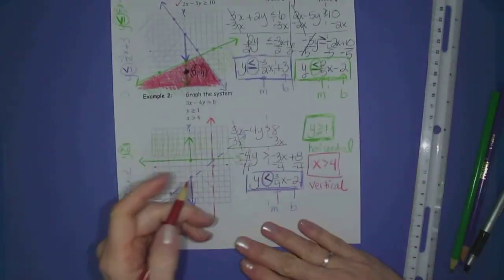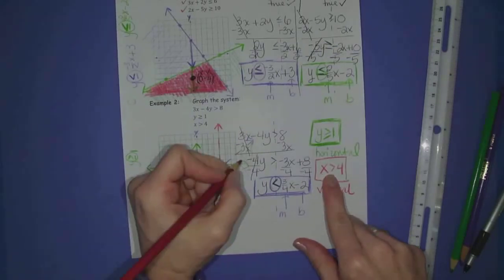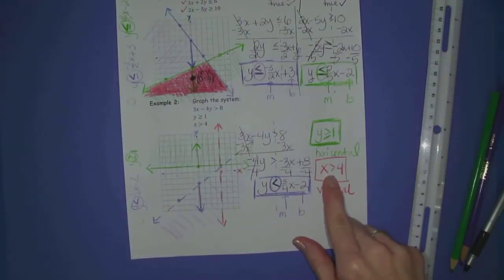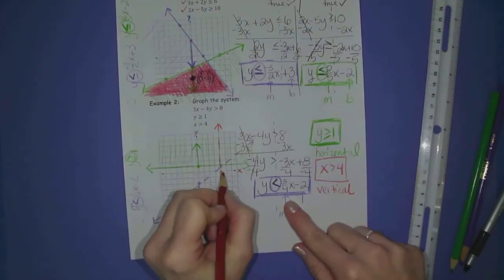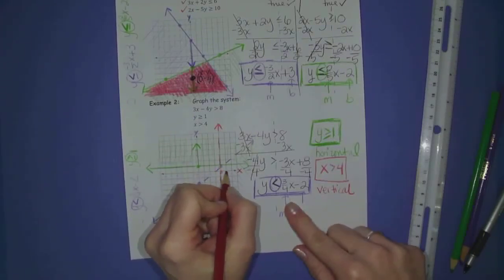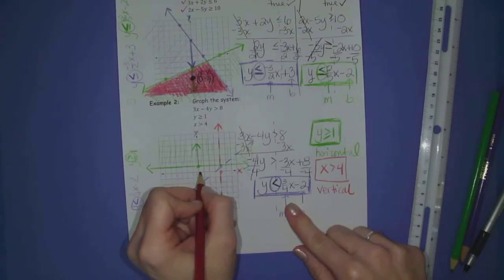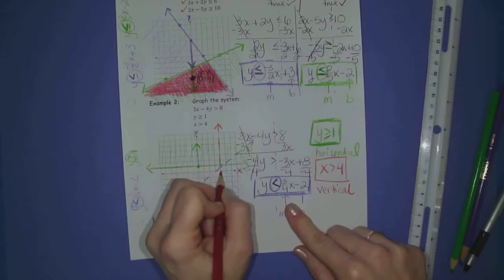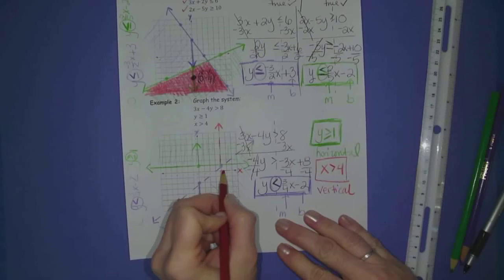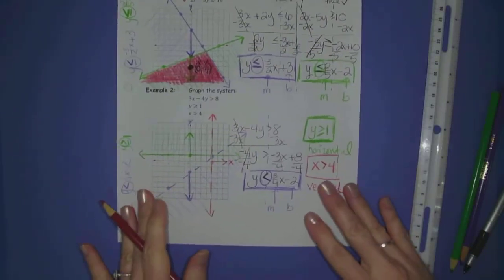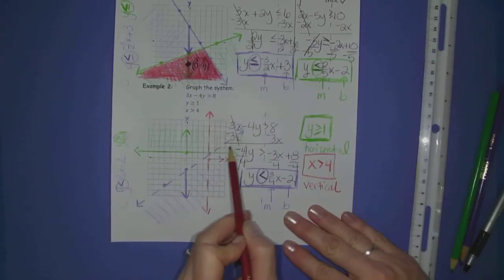And where will we shade? Well, now x is getting greater. So with regard to the x-axis, I want you to put your pencil point on 4 on the x-axis. If I go to the right, the x's are getting greater. If I go to the left, the x's are getting less. Well, I want to go greater, and look at where that arrow is pointing, to the right, so I want to go this way. So if I lightly shade in red, all the way over here,